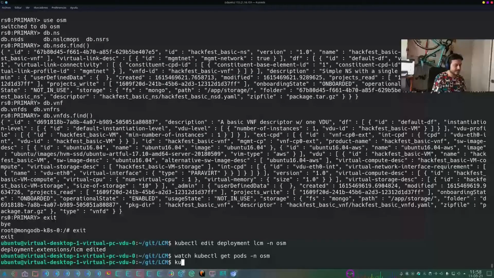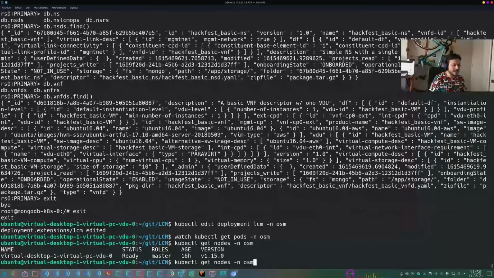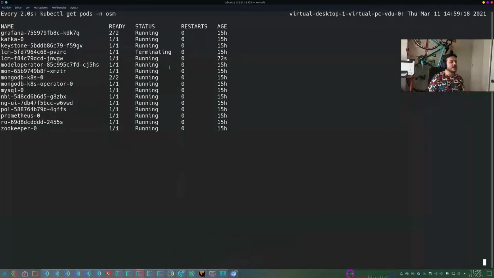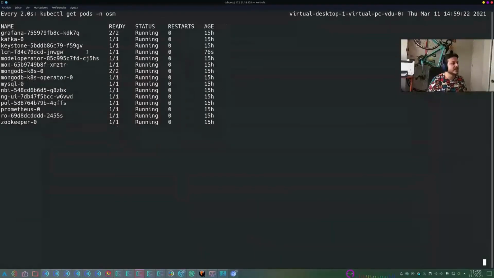It's in Whitestack. Okay. Now it's running. And the other one, the old one, is terminating. Yeah, Eduardo is right. Sometimes it's also a good idea to change the image pull policy to always. Okay, let's wait to delete the pod. Now we are running with our custom LCM in